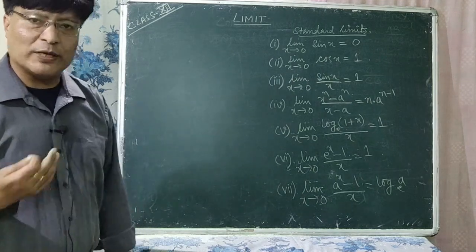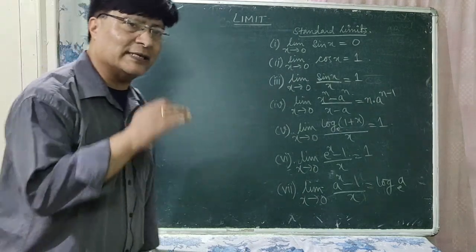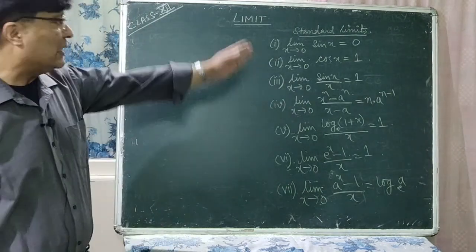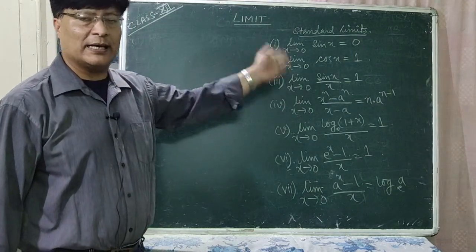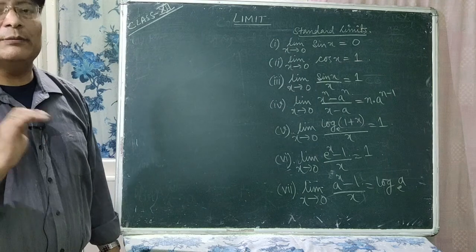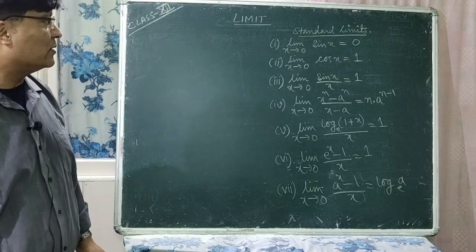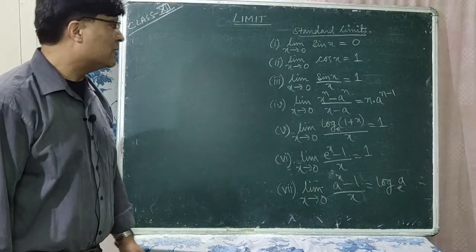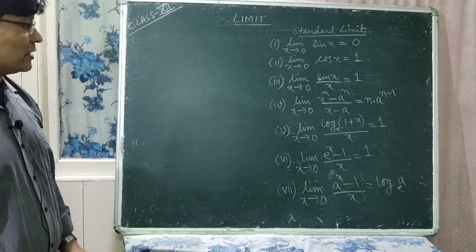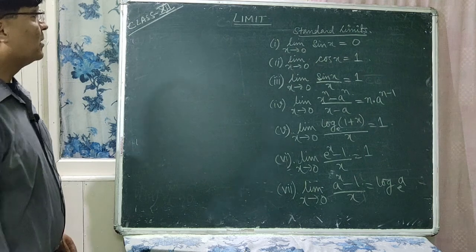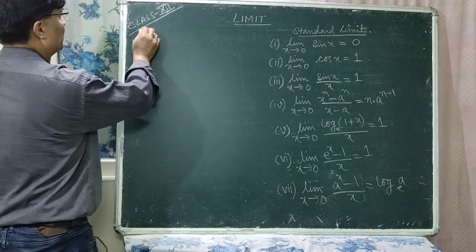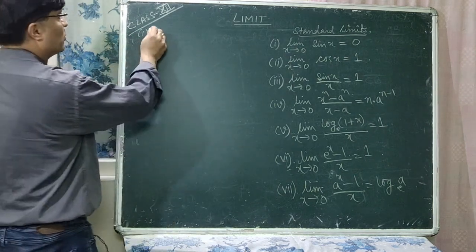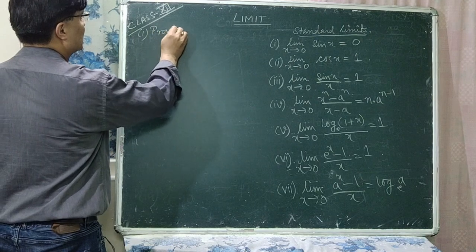Okay, so while doing problems you should convert that given limit into these standard limits, and you have to get the limiting value of the given function. Okay, now let us prove this. All these limits are known as standard limits. Now let us prove it. So number one is, what is number 1 here? Prove that